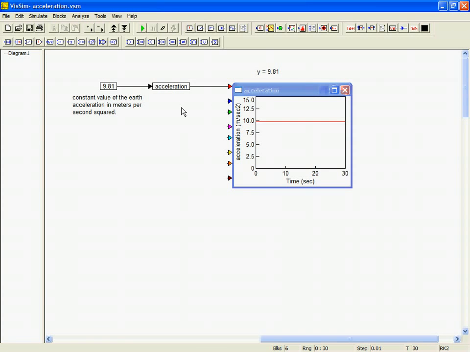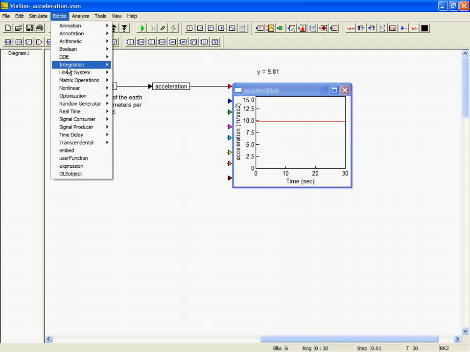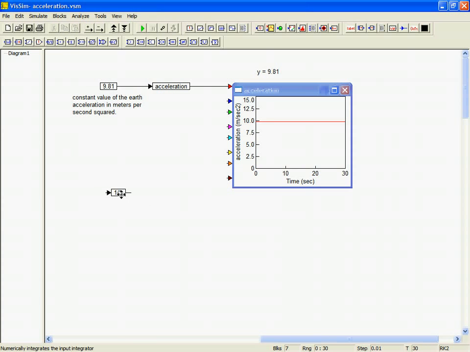And how can we do it? We can do it with blocks, integration, and choose the integrator. The integrator is a 1/s block, and you just connect it here to the acceleration. What it actually does is start to integrate the acceleration, calculates the area under this line starting from 0 to 30, and then of course the speed will increase. And I can choose a variable here and I say this is my speed,